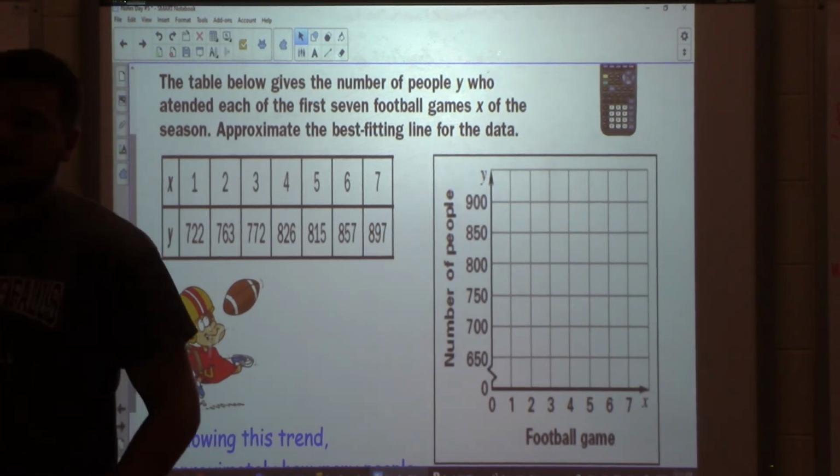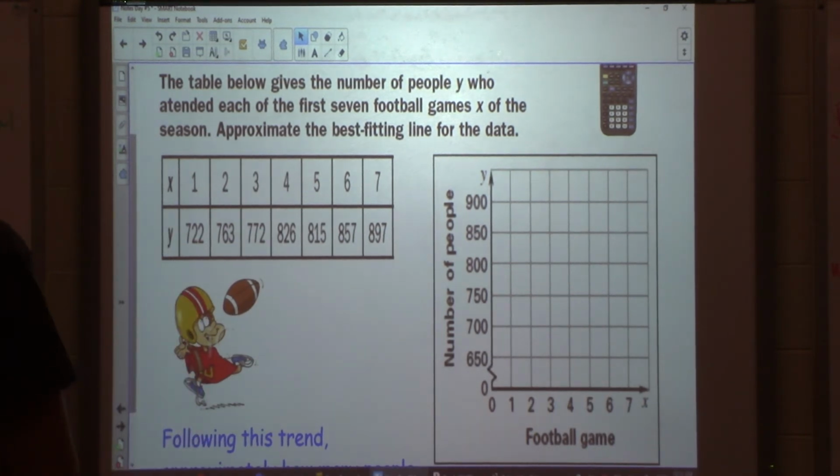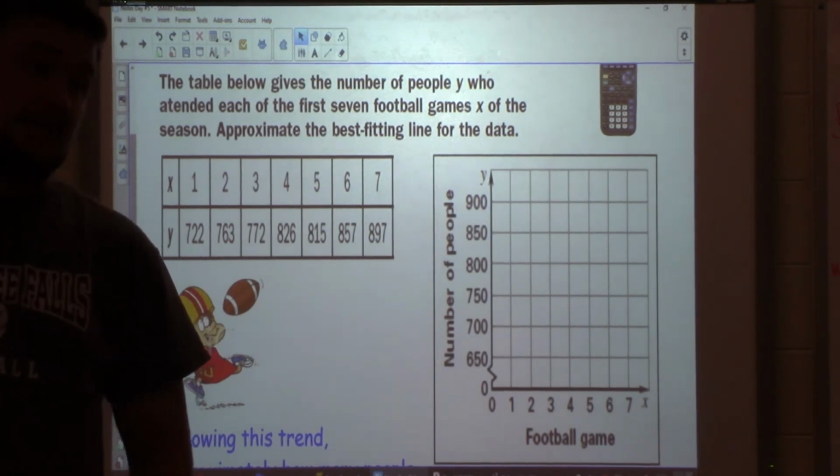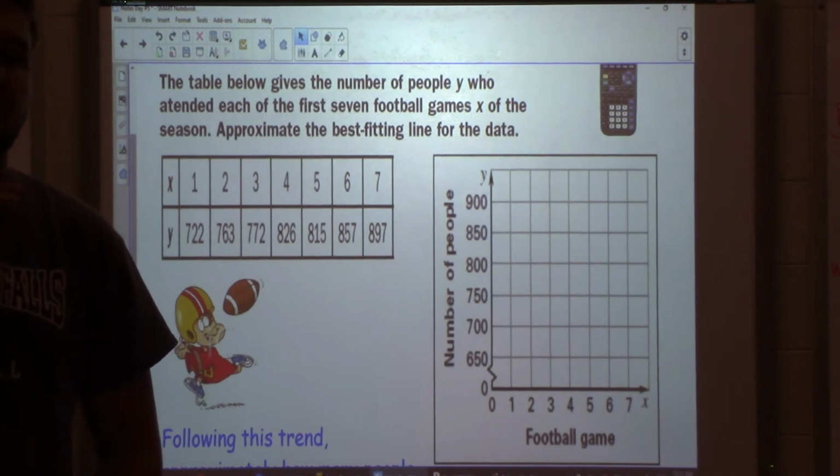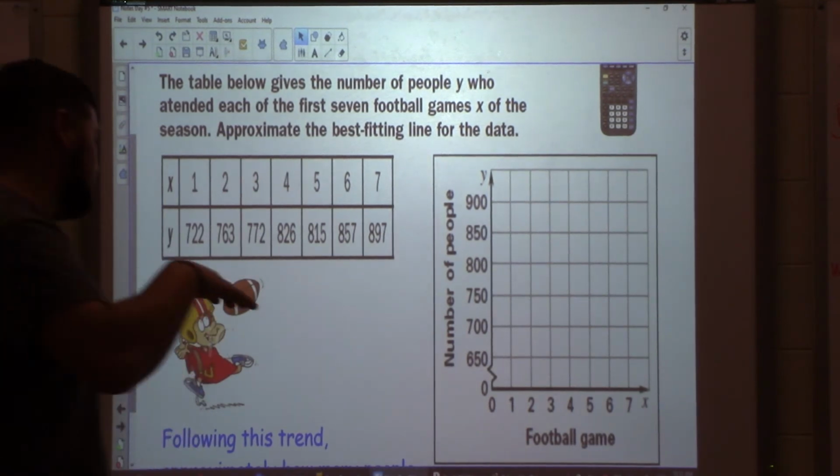Approximate the best fitting line for the data. Now, if on a test it asks you to do this, you still need to plot your points on the graph. I'm not going to worry about it right now because I just want to show you your calculator. Okay? So in your calculator, what you're going to do,